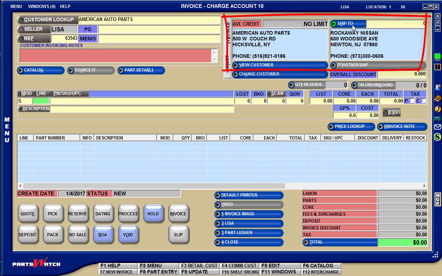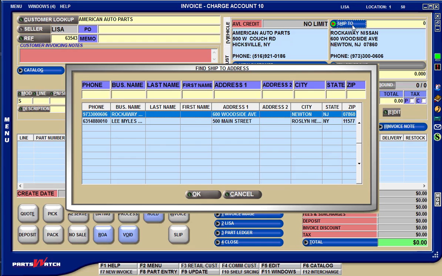Multiple Ship-to addresses can be saved for a commercial account, and if permissions allow, clicking the Ship-to button displays the Find Ship-to window with all Ship-tos listed. Double-click or highlight one and hit Enter, or click the OK button to use that Ship-to address. And if you don't see the one you want, click Cancel, and the Ship-to address window opens to add or